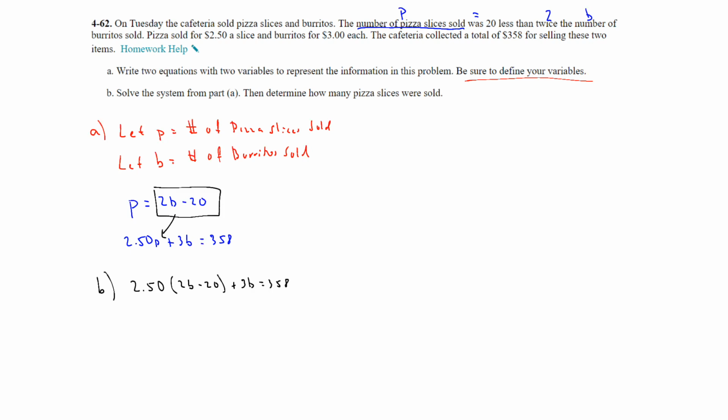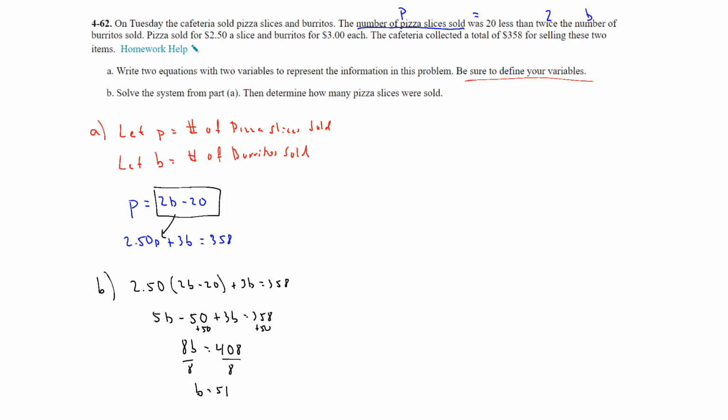So we'll go ahead and distribute. 2 times 2.50 is 5, so 5B, minus 20 times 2.50 would be 50, plus 3B is equal to 358. 5B plus 3B is 8B. We're also going to add 50 to the other side, and that's 408. And then divide by 8. B is equal to